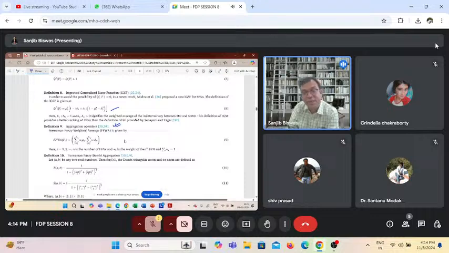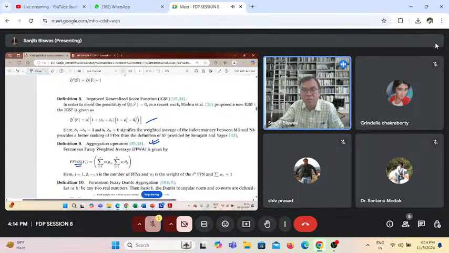Now, these are some of the aggregation operators. What is an aggregation operator? Suppose there are multiple fuzzy numbers that each of the experts opine, so each is a fuzzy number, a Fermatean fuzzy number. If we have to arrive at a conclusive rating, then we have to aggregate them. The simplest one is Fermatean fuzzy weighted aggregation. I hope I should make it bigger.